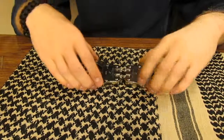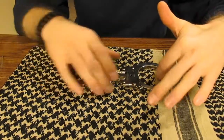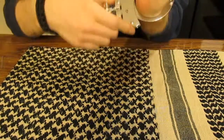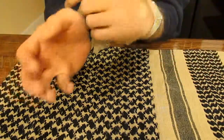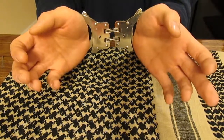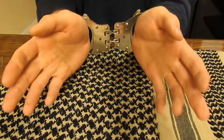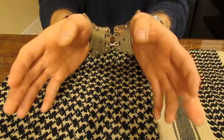All right, like I said, the gentleman said that there were gaps left in between my wrist and the loops of the cuffs. So in this instance, what I'm going to do... there are no gaps left in there. Oh, hey, no gaps at all. So now I've got to get out of this. Granted, you could say, well, what if you flip the keyholes on the other side? What if you do this? What if you do that? Okay, there's multiple ways in which you can be cuffed. You can be cuffed behind the back, keyholes facing away from you or facing your palms or facing towards your body. You're going to have to, there you go, give it an extra just so nobody can say that I didn't